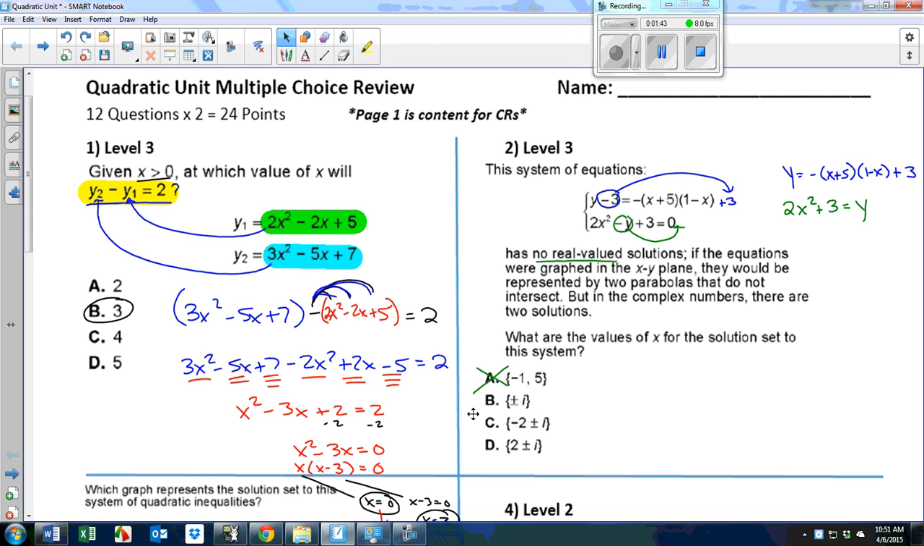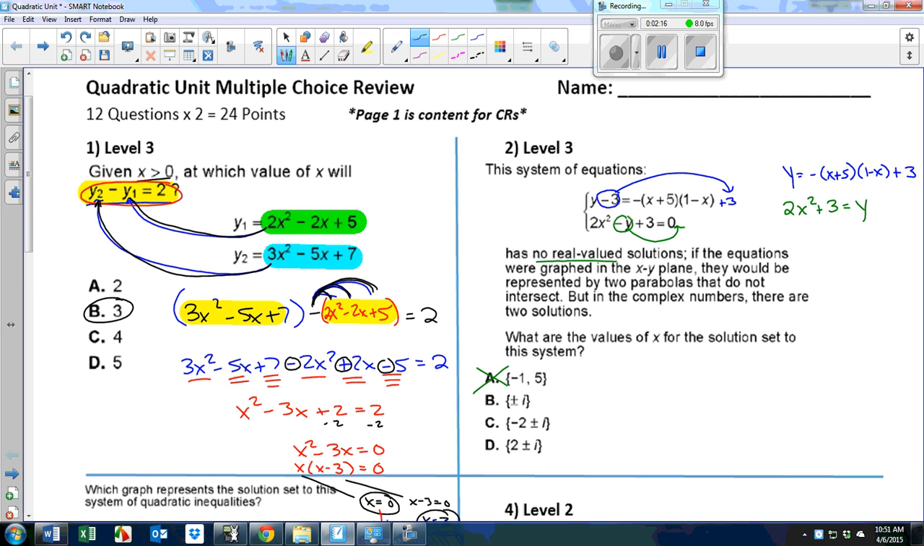The first step, they told us that y2 minus y1 equals 2. So if that's true, you can take y2, take this quantity and substitute it there. You can take y1, which is the 2x squared minus 2x plus 5, and put it there, and then subtract those two things, and it should equal 2. So in the next step, you've got the first thing minus the second. Just be careful that when you distribute the negative sign to the second parentheses, you change the signs to -2,